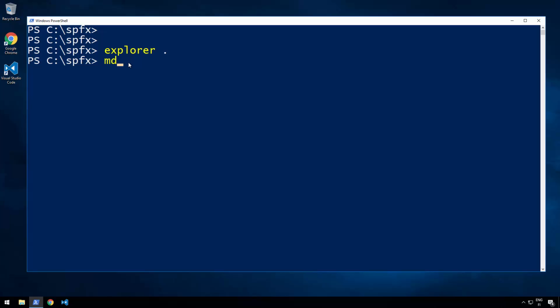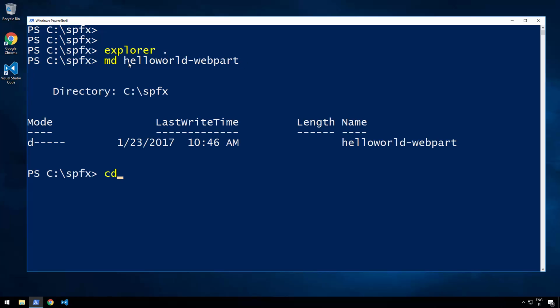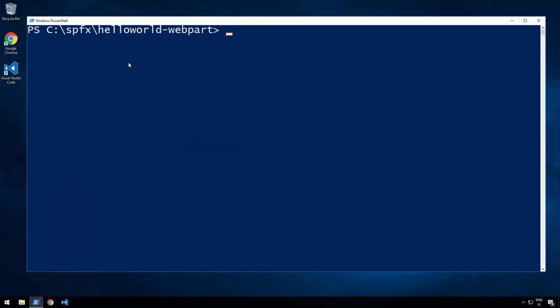So I'm going to first create a folder for my HelloWorld WebPart. And let's get to that folder as well. And let's clear the screen. So we previously already, as part of the developer environment setup, installed the Yeoman templates for SharePoint Framework. So now I can start using them by calling yo @microsoft/sharepoint. And this will then start